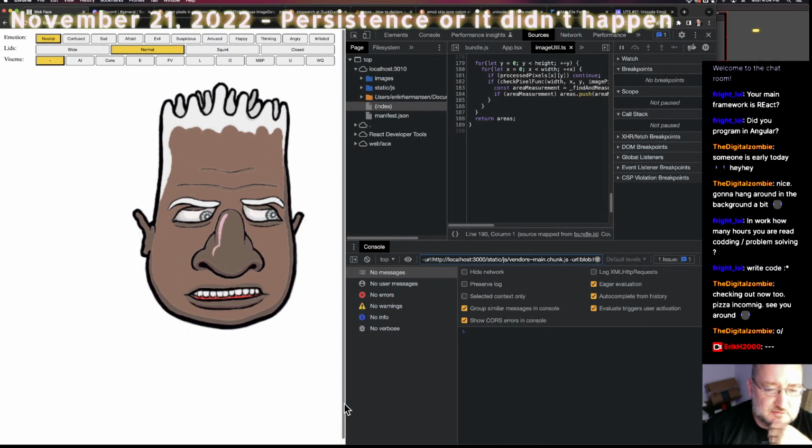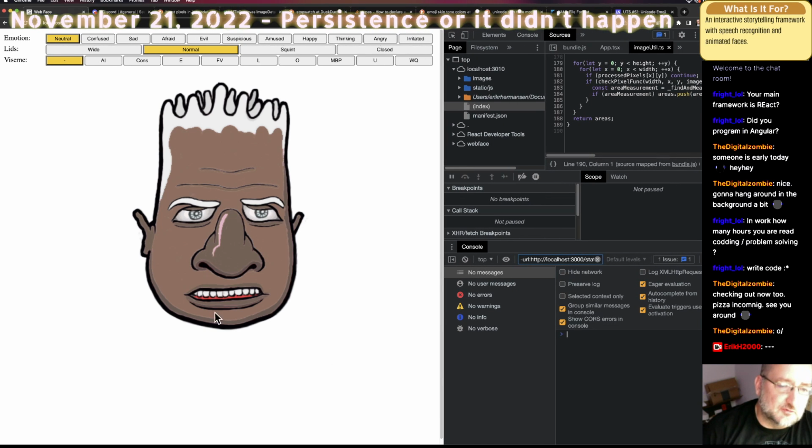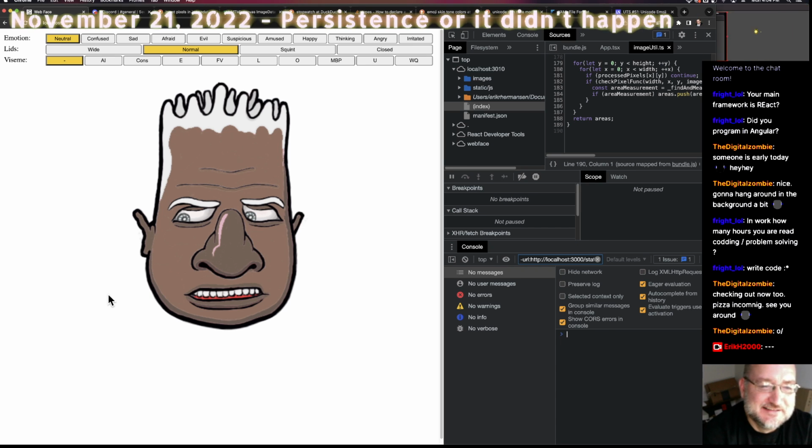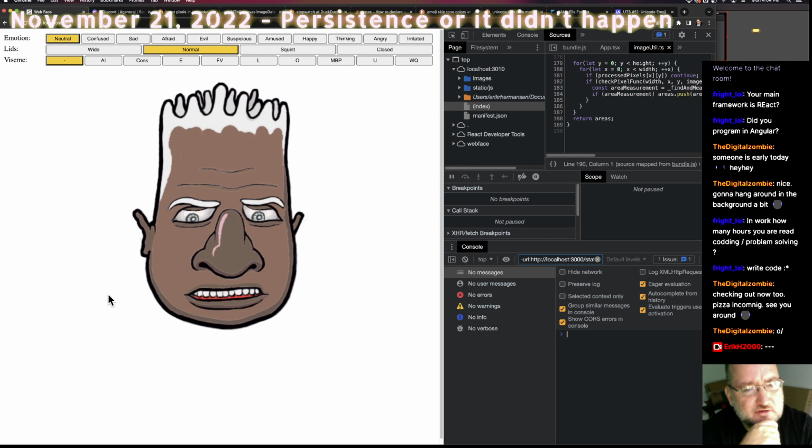All right, so if anyone's been following along with me, they'll recognize this character, but they'll also notice that he's black now. He was a white guy, now he's black. One of the things I did yesterday, I can't remember the other thing I did. I'll remember in a moment, but the thing I did later in the session was